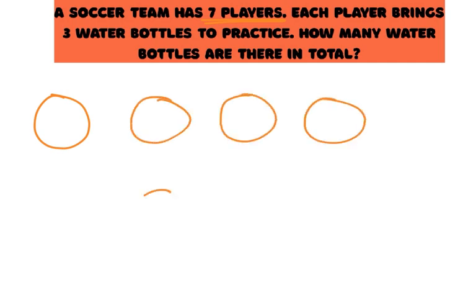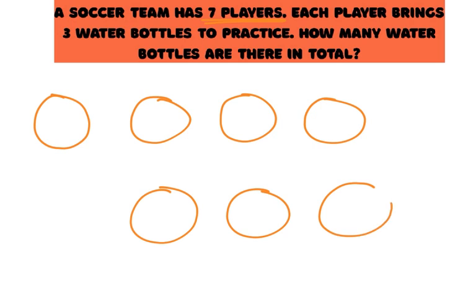Our last problem. A soccer team has 7 players. Each player brings 3 water bottles to practice. How many water bottles are there in total? I'm going to go ahead and reread that problem. A soccer team has 7 players. So I'm just going to draw my players as circles again. You could draw those players if you would like, but just for time's sake,